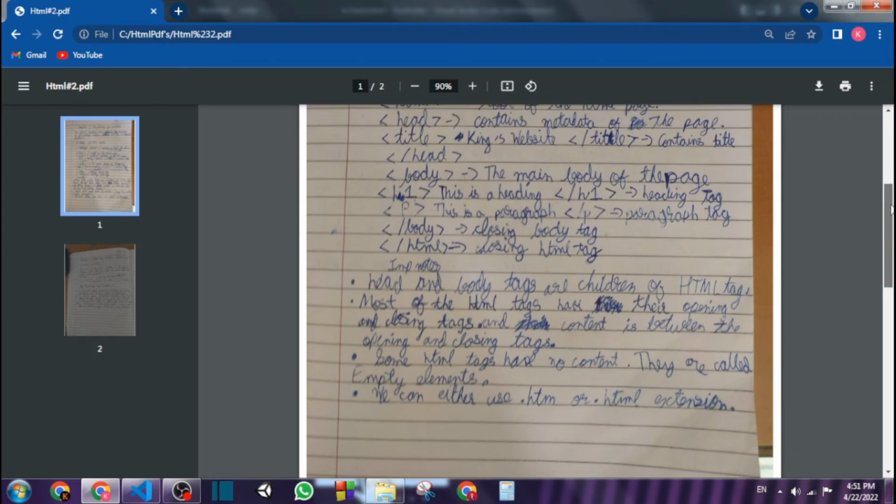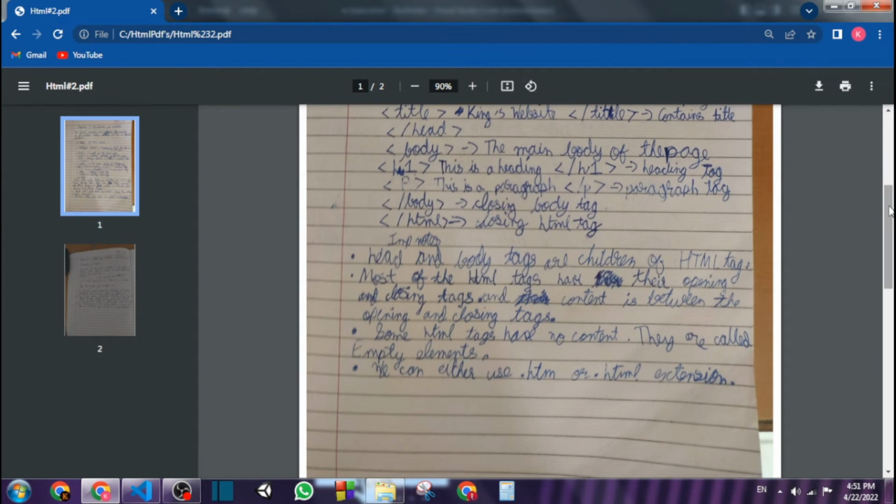So this was our basic HTML code. Now let's see our important notes. The head and body tags are called children of the HTML tag. Most of the HTML tags have their opening and closing tags, and the content between the opening and closing tags.